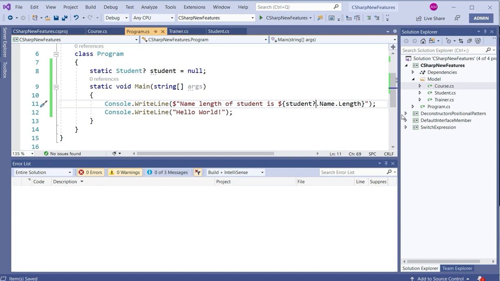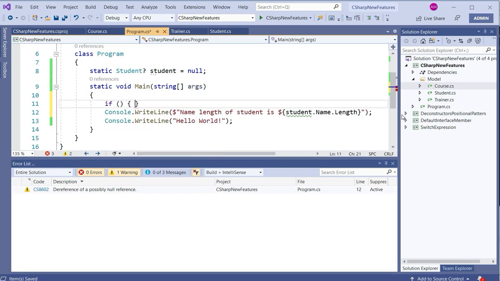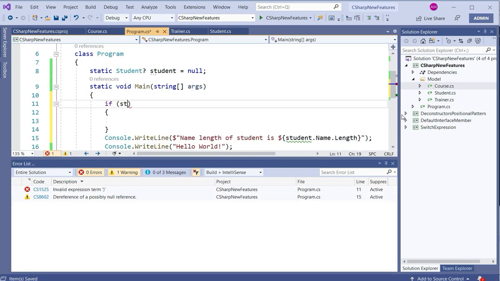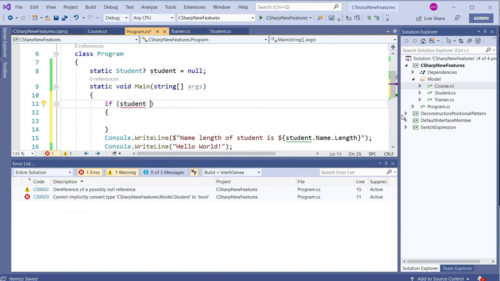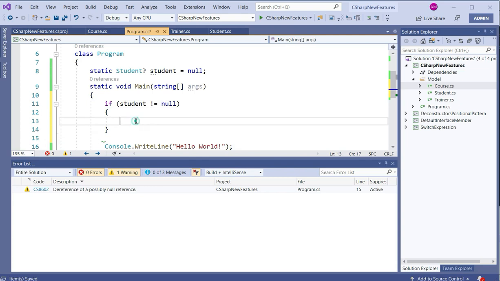Nothing changes at runtime, so we just need to ensure that, we can add an if statement, if student is not equal to null, then we just want to access this property. That's it.